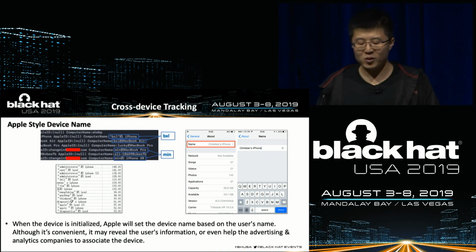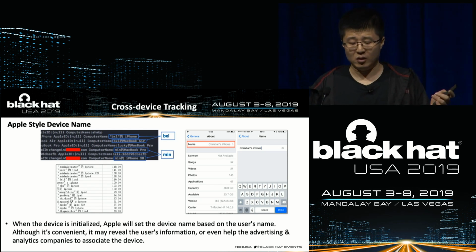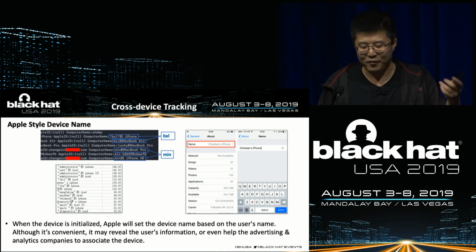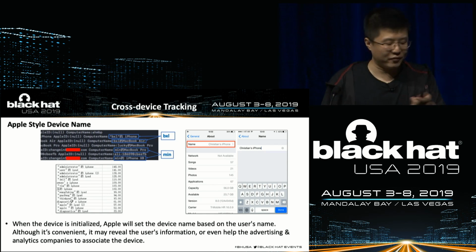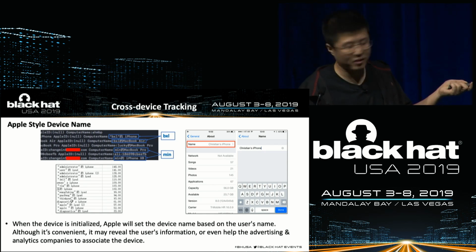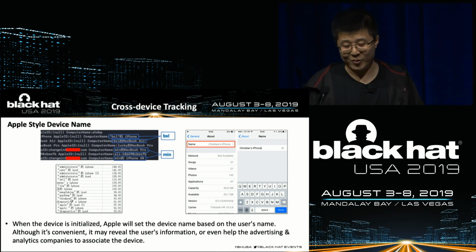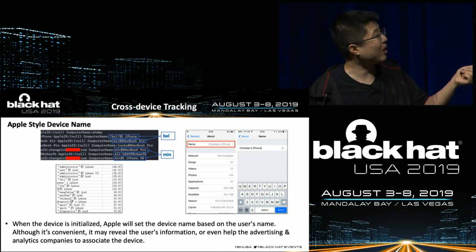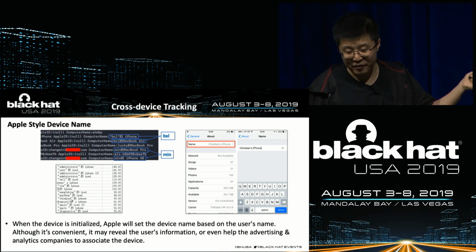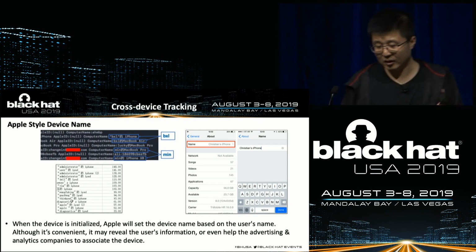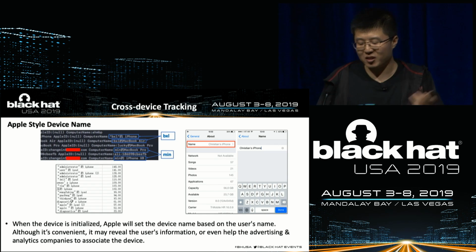For example, by using the AirDrop sniffing we talked about before, we can find that in this picture this iPhone and this MacBook Air belong to BXL. And we can find that this MacBook Pro and this iPhone XR belong to me. Moreover, we find that lots of people are using administrator as their username.